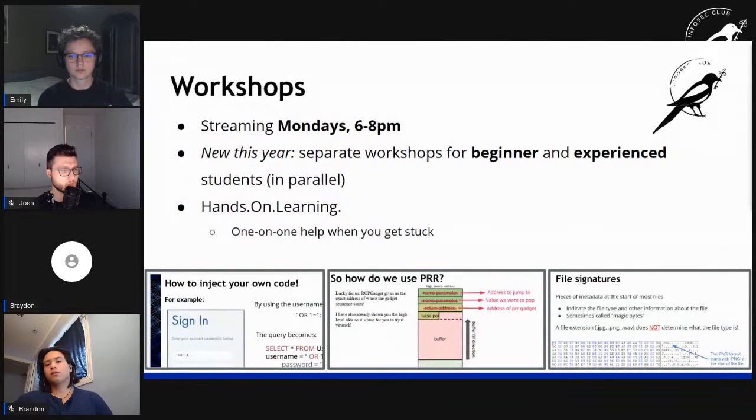The beginner workshops will be for people who are new to the club. You'll go over the 5 main areas you'll see in CTFs, get an overview of them, and get a feel for the kind of things you do. The advanced workshops will look at more specific topics in depth, for example RSA encryption or Linux privilege escalation and things like that.